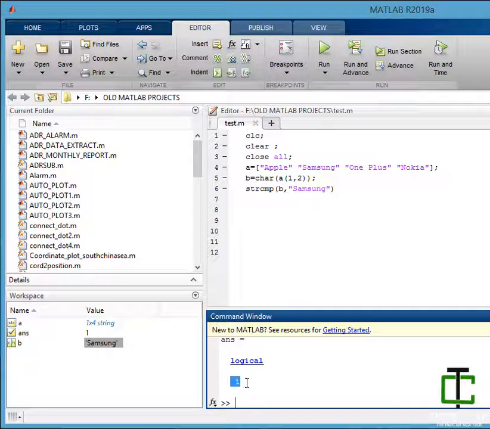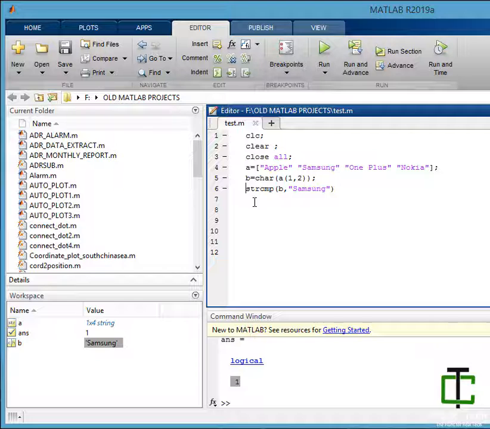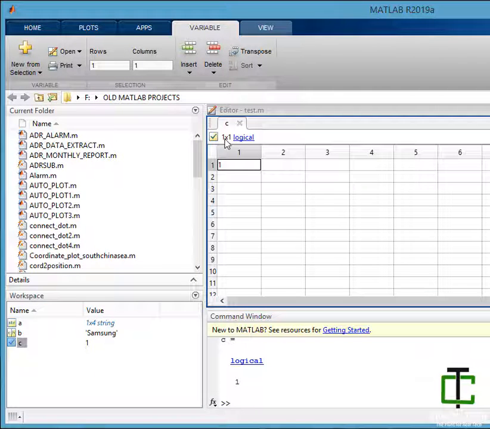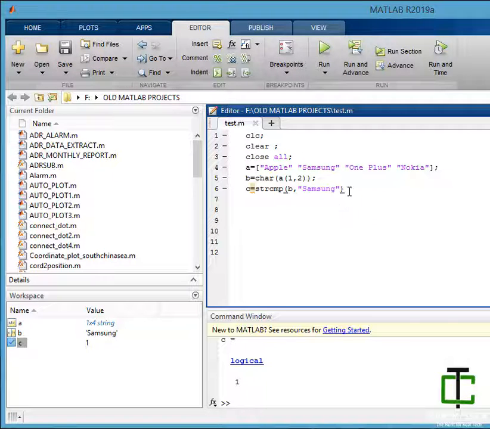You have logical 1, so it returns logical true or logical false. If I store its return value in a variable, C is a logical array.